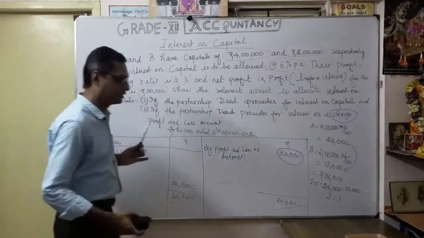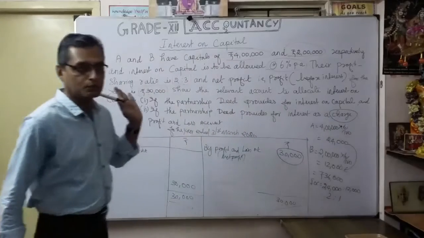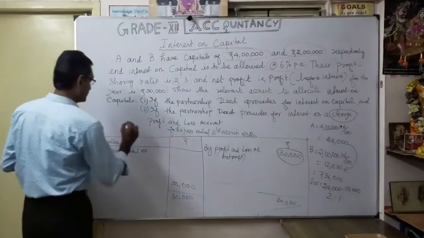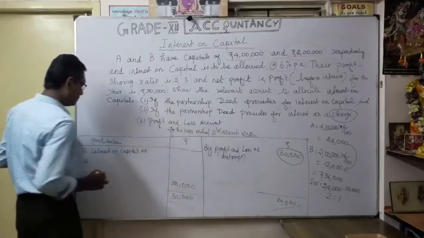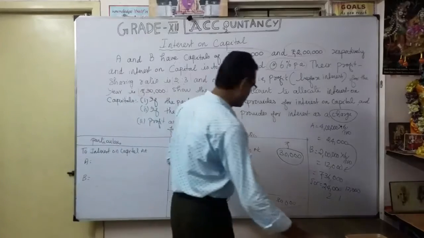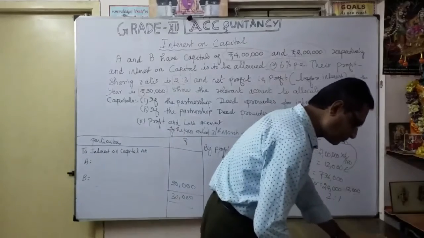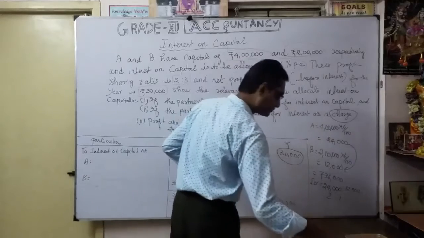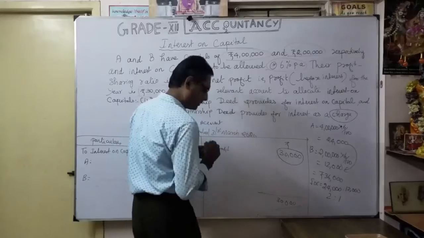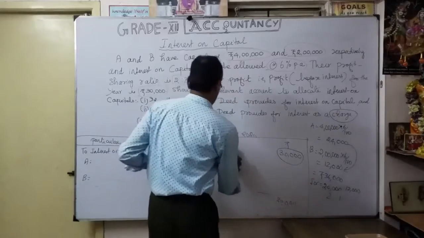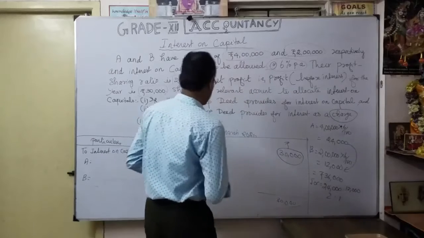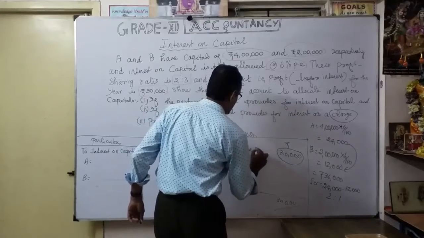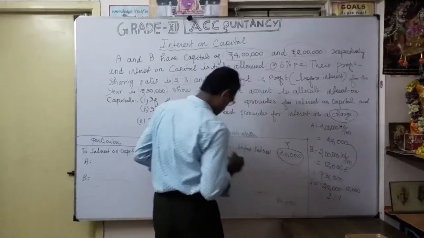The first case we discussed: you open the profit and loss appropriation account. In the second case, you open the profit and loss account. So as it is, you transfer by profit before interest. You write profit before interest. How do you charge against the profit? By profit before interest, how much? 30,000.